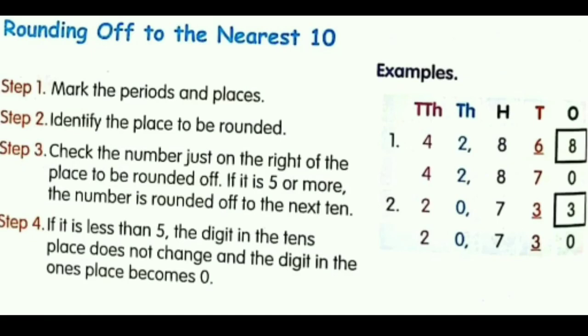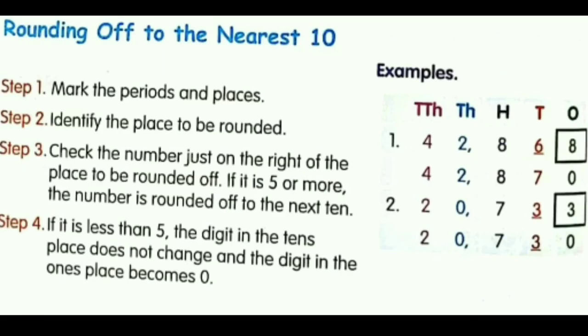So like here, in 42868, the ones place has 8 in it. Now since 8 is greater than 5, we will put a 0 over the ones place and we will add 1 to the 6 so that it will become 7. So 68 will be rounded off to 70